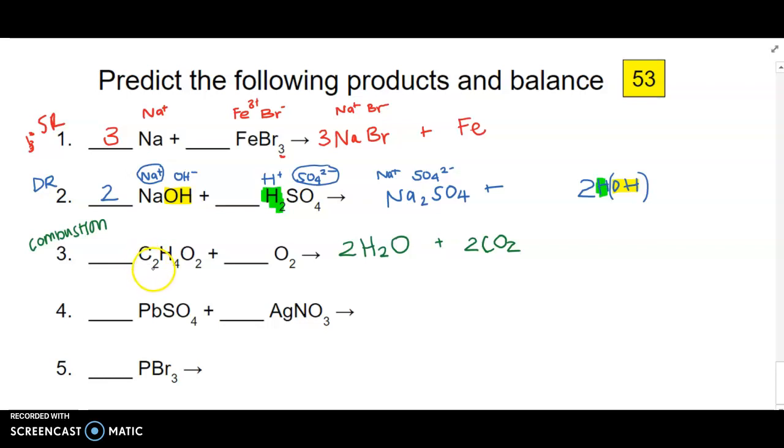I'm going to double check. 2 carbons, 2 carbons, 4 hydrogens, 4 hydrogens. Now I can look at oxygens. On the left